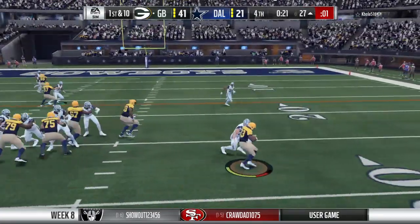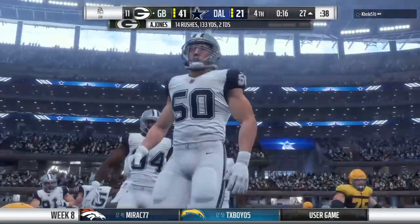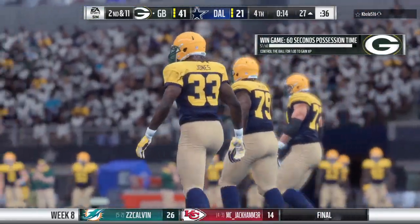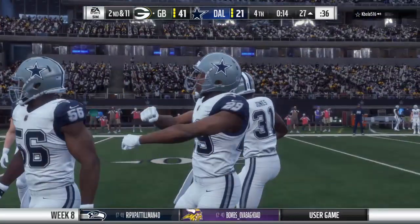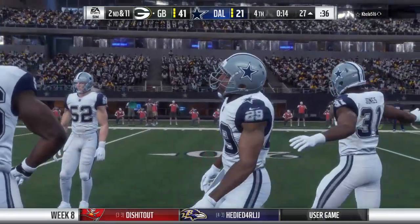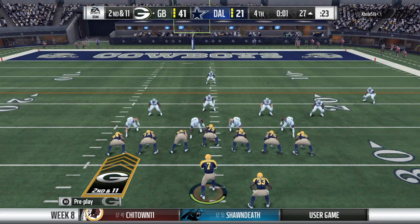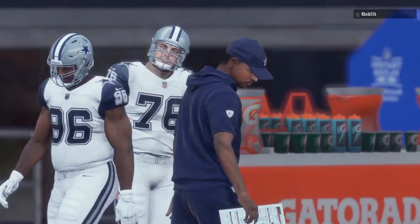And they'll keep on the ground with Jones. And maybe a measure of revenge there. He's had his way in this one, but this time they get him behind the line. That's going to go as a loss of a yard, and it'll be 2nd down. But Charles, it's one thing to...